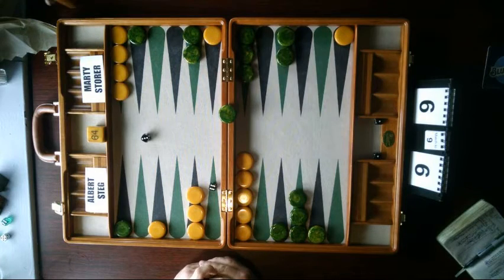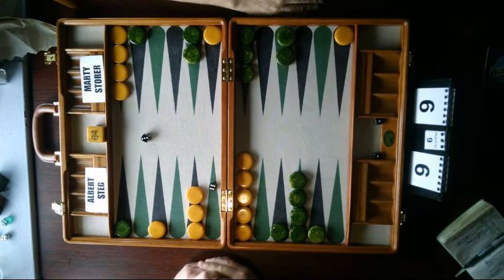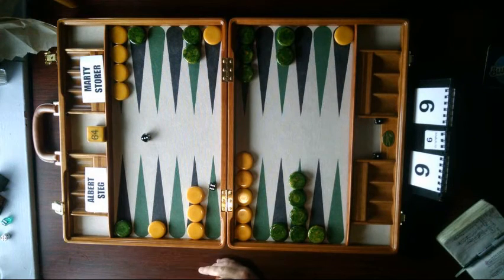Albert would like to make one of those points somewhere. Albert hasn't made any new points, and so Marty was depriving him of the opportunity of making a new point with that play. And now he got hit. Marty had pretty good chances of making a second anchor, but he rolled kind of a dud number here. 3-6 comes in and it hits, but